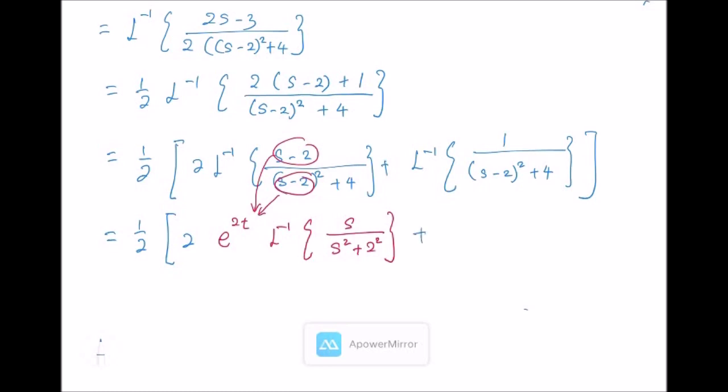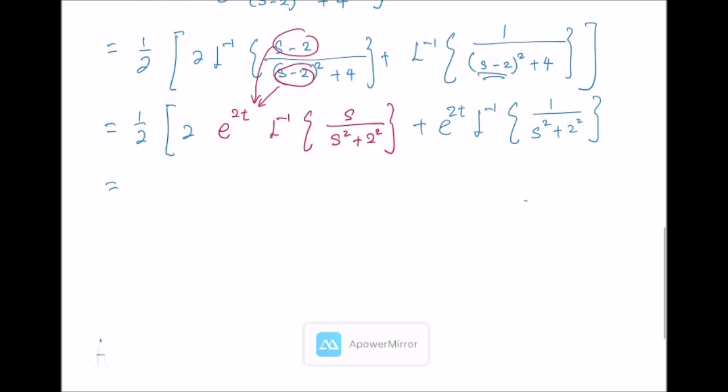Then next one is this part, you will obtain exponent 2t, the inverse Laplace transform of 1 over s squared plus 2 squared. So this one you can cancel out. Okay, so 1 over 2,